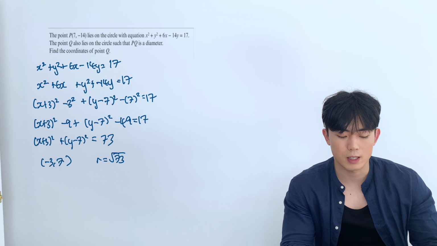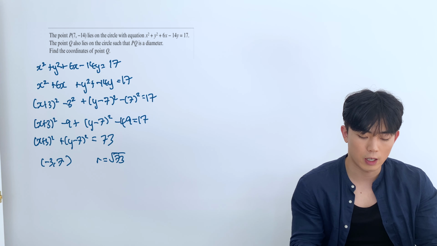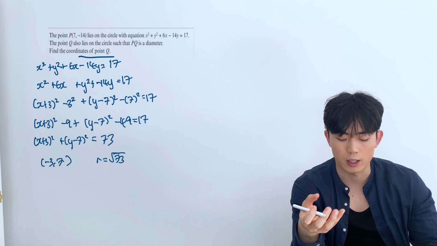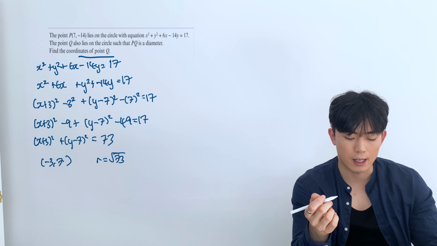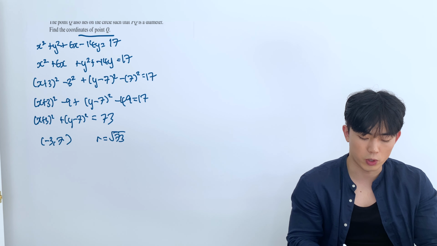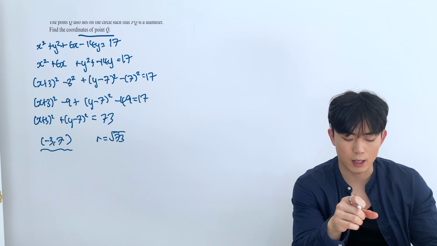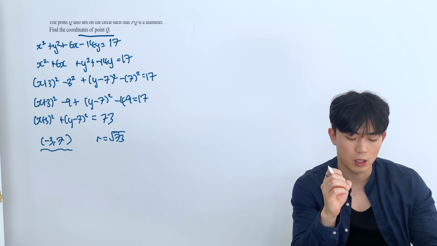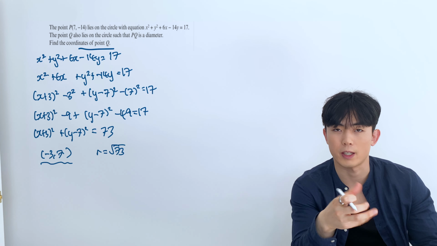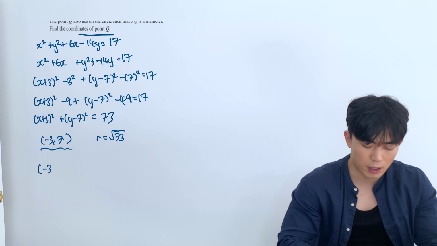Once we found this, we are still asked to find the coordinate of Q, and they said that PQ is the diameter. So P and Q make up the diameter of the circle. We've been given P, and we've also found the center now because we've written it in this form, which is (-3, 7). So if PQ is the diameter, then the point in the middle, the center, would be the midpoint of P and Q. So we can use the midpoint equation we've learned earlier. I can say that this midpoint, which is (-3, 7), i.e. the center,